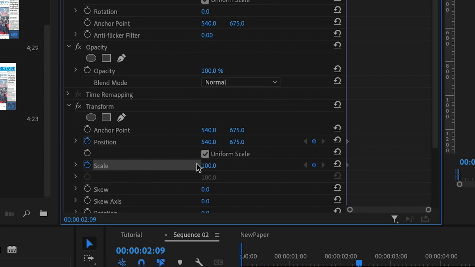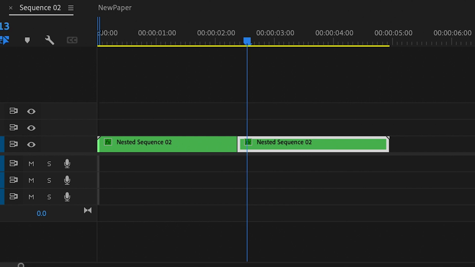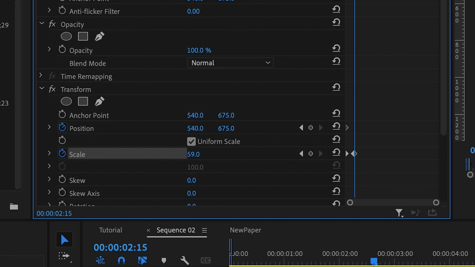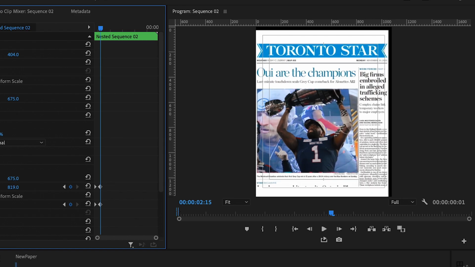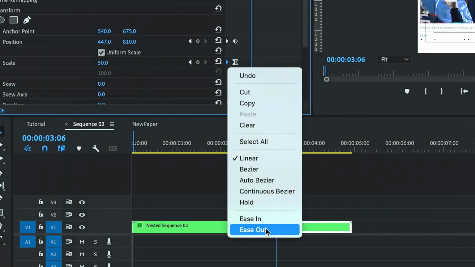With the transform effect, create a keyframe at the start of the freeze frame and then move 5 to 6 frames and zoom out the nested clip to reveal the newspaper. We'll ease in and out the keyframes. You can end the effect here if you'd like, but to make it more realistic, we're going to add a